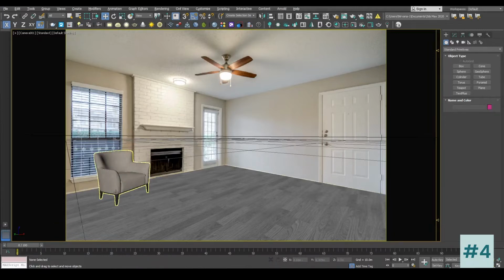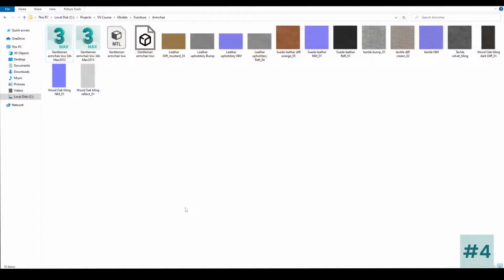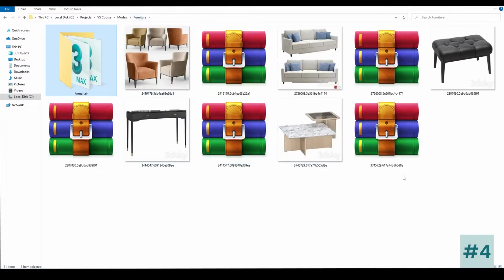Now that we have merged one single model, let's merge another model. The process and the procedure is exactly the same. I'm going to show it to you one more time. So we are going to go inside file, import, merge. But before we merge, let's choose the model that we are going to place. Let's say we want to place this